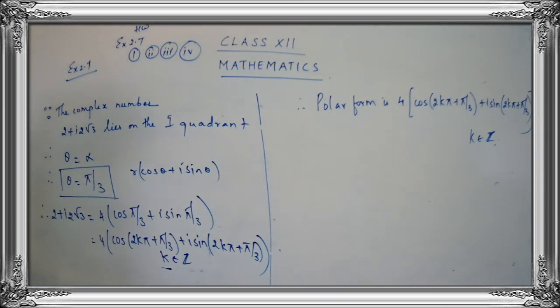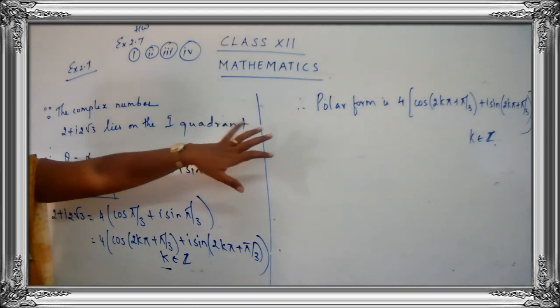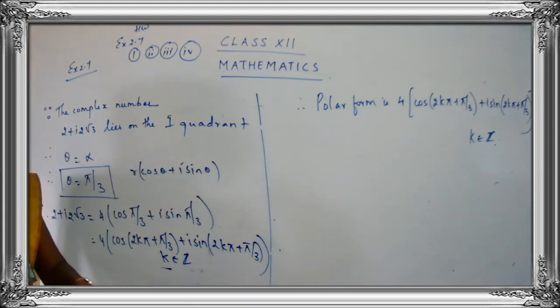Let's move to question number 2. Take down question number 2. Find the rectangular form of the complex numbers. Take down the question. Okay, so in the previous case we have found the polar form. So now you are going to find the rectangular form. Rectangular form is you are going to write down in terms of the real part and the imaginary part, that is, real part plus imaginary part, in the form of x plus iy. So here we have written in the form of cos theta and sin theta. Rectangular form is you have to write down as x plus iy. So you are going to write down the real part and the imaginary part.